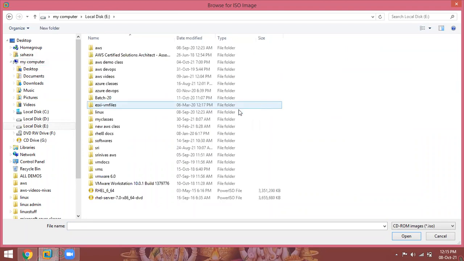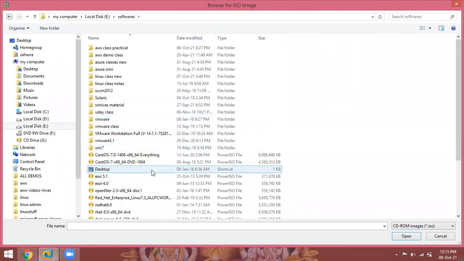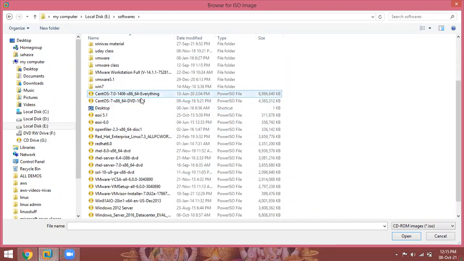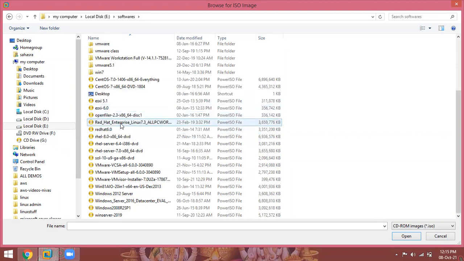E drive, softwares. Here all my softwares are there: ISO, CentOS, ESXi servers, OpenFiler storage, Red Hat different versions, Windows versions. I am selecting Red Hat 6.0.